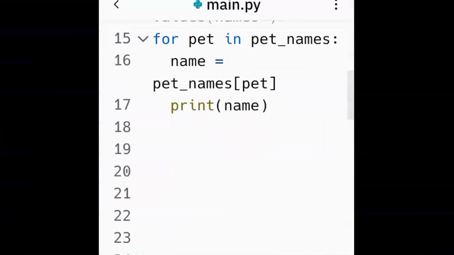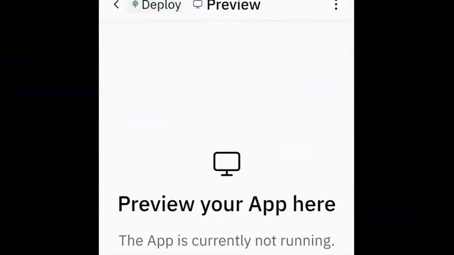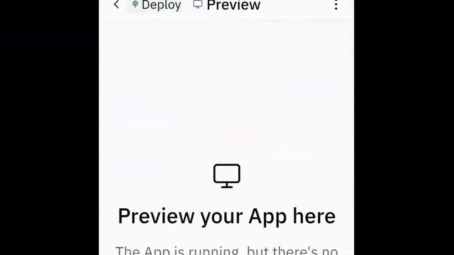We store pet names for the pet in name, and then we print the name, as simple as that. After iteration, we are able to print out the names of the pets separately, because here the name is the value of the pet, and pet is the key, since it is a key-value pair, pet to pet name, and the dictionary is the same. So just to show you the result again, these are the values.